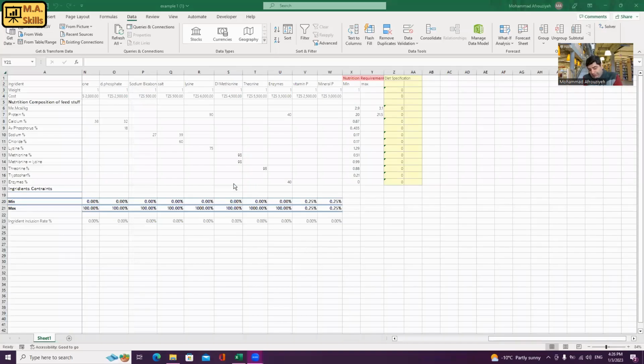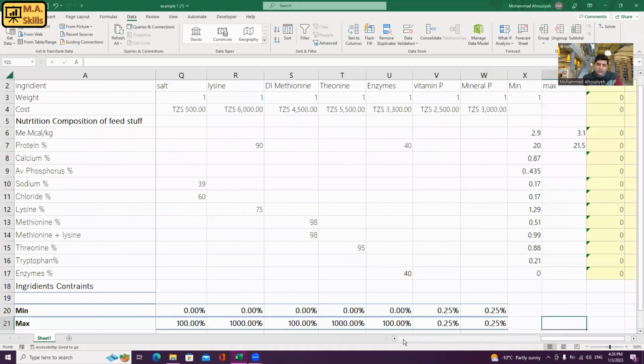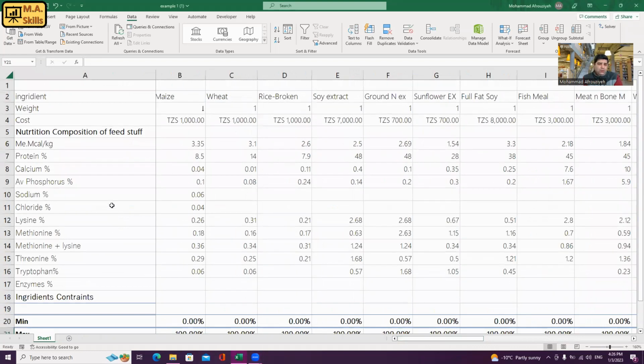So he sent me 2 files, and in each file, he encountered a different error message. And I'm just going to share my screen with you and start troubleshooting the problem. So this is a least cost feed formulation spreadsheet he has created. So just to go through the